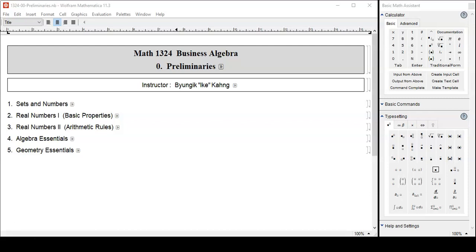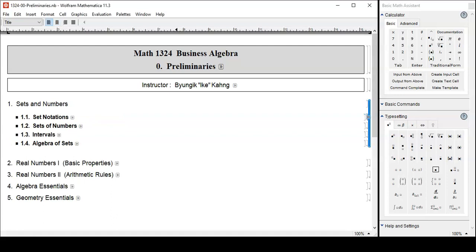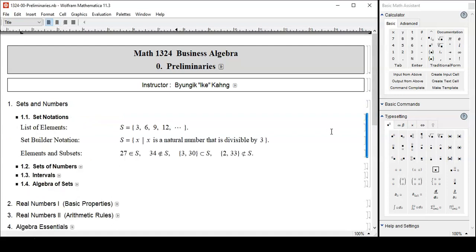Here we are going to cover all kinds of preliminaries. All the topics here in Lesson 0 had been covered previously in either 1303 or 1305. So if you feel comfortable, just skip Lesson 0 and go directly to Lesson 1. Otherwise, here we go. I'm going to cover all these as quickly as possible because all these should be already